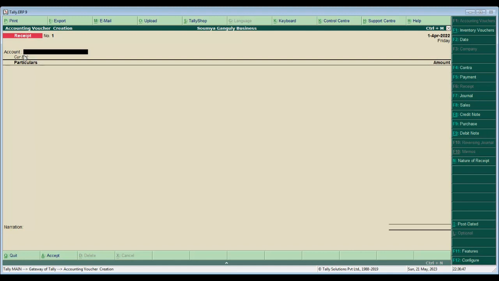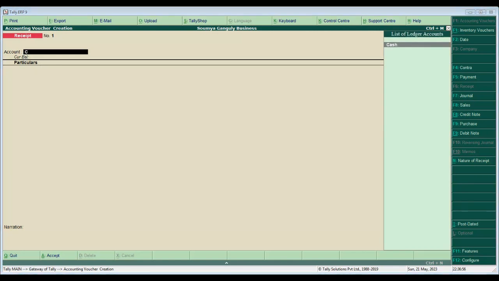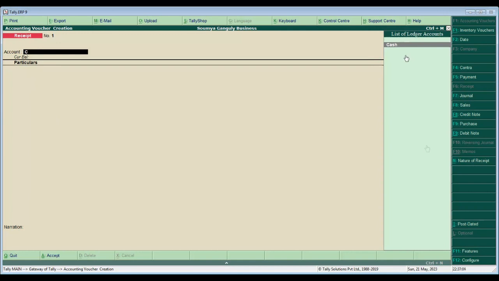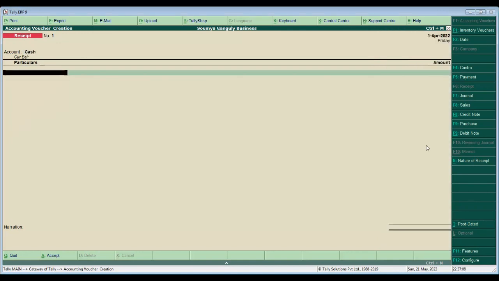So my journal is cash account debit to capital account. It is under receipt voucher. So here we have to choose cash. Whenever I click in account, the list of accounts which are available will be displayed, like cash and bank. So I just enter cash over here, and in particulars I have to give the necessary inputs like